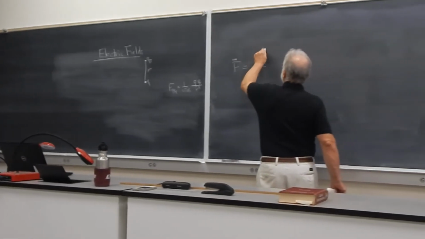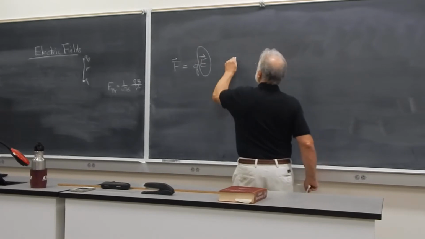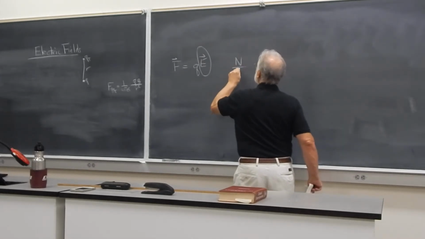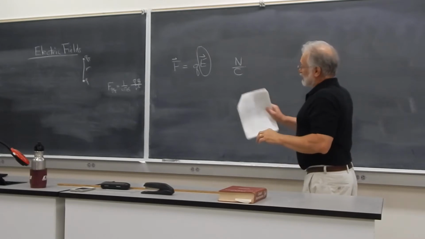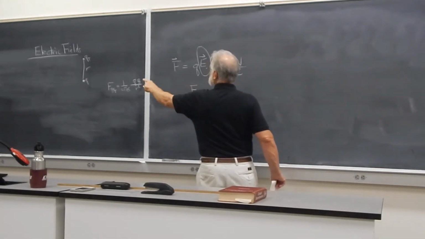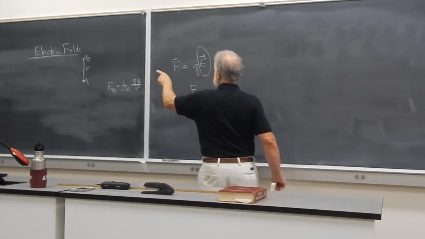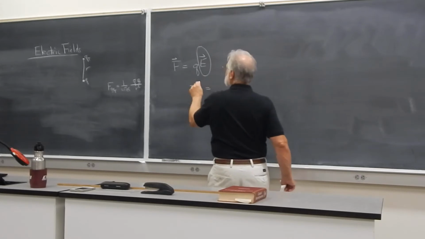So this electric field is an entity that has units of newtons per Coulomb. And in the case of a point charge, it's very simply written as, for example, using the positive test charge in the previous example, I can write the force on that charge as